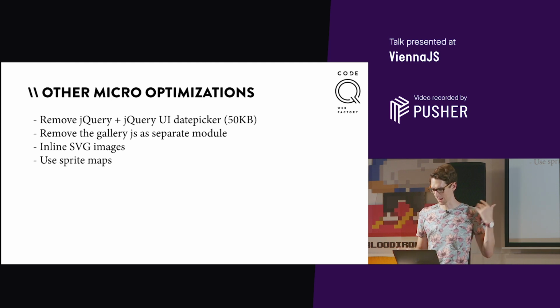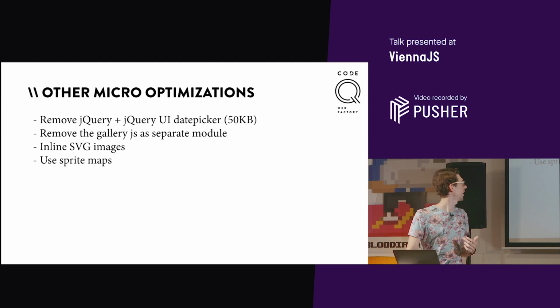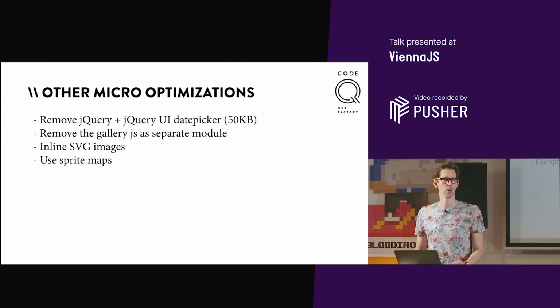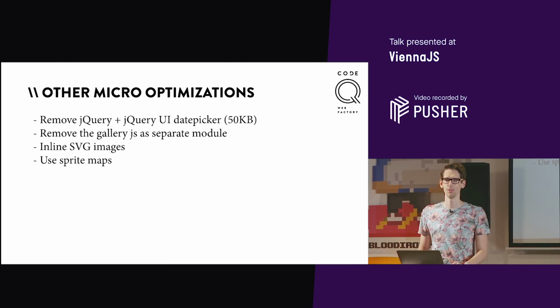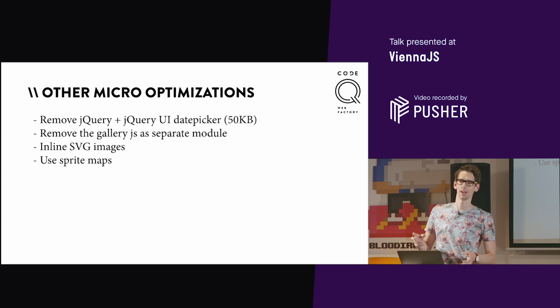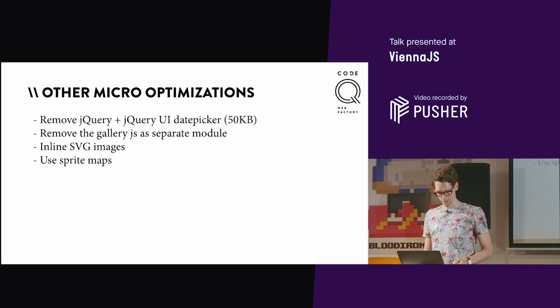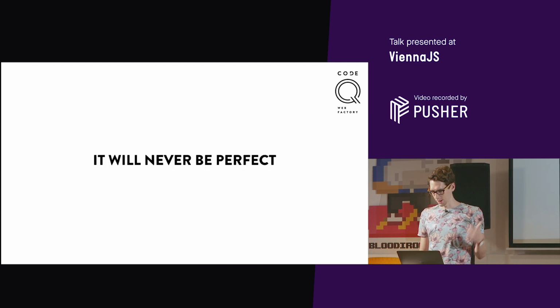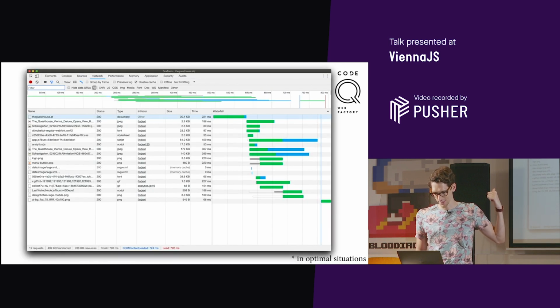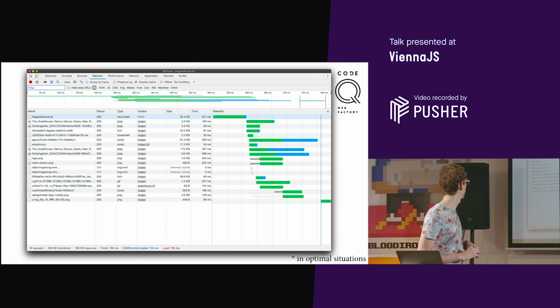So I kept it simple and did not do that because micro optimizations always make it harder for you to later maintain that. If you do a lot of crazy micro optimizations, it's great, and then in a year you have to change something and you're like, what's all this tooling? Yeah, so it will never be perfect, note to myself. There's still way for improvement,